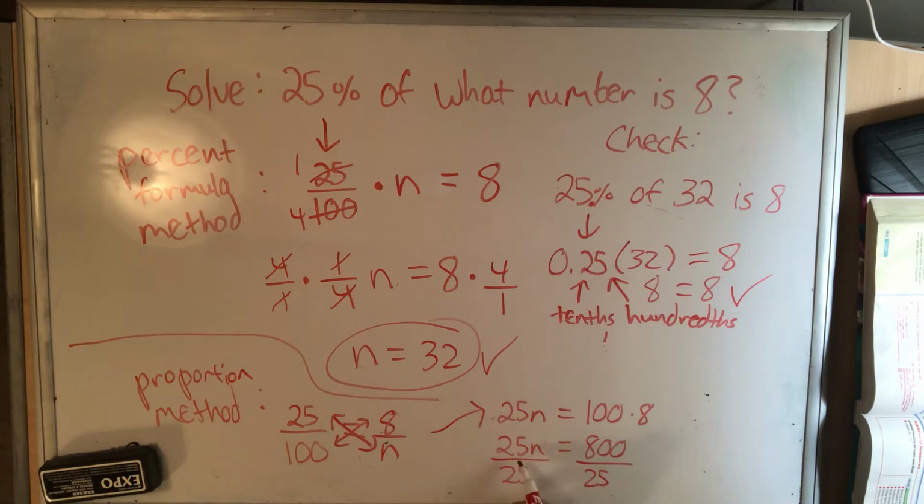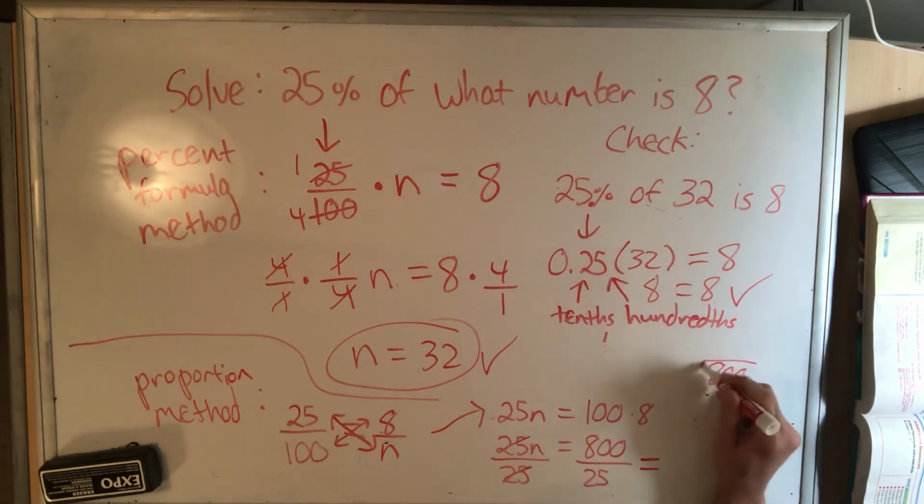Since n is being multiplied by 25, to get rid of the 25, you do the opposite and divide each side by 25. Whatever you do to one side of the equation, you have to do the same thing to the other side to balance it out. Now we can cancel out 25 on top with 25 on the bottom because 25n divided by 25 is 1n, and 1 times n is just n. 800 divided by 25,